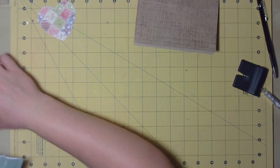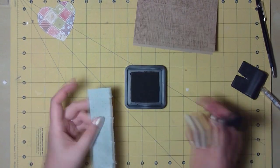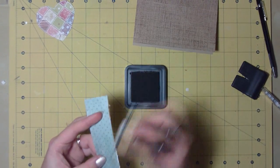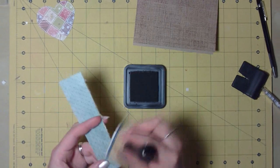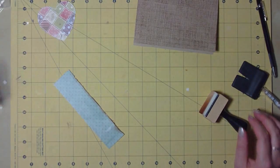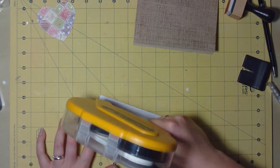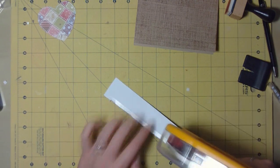And again, getting back to my distress inks, which I really love to use, I'm just going to quickly rub over that textured edge, just to give it a bit of a distressed brown vintage look. And now I can stick it down to the base card. So I'm just putting some double-sided sticky down there,